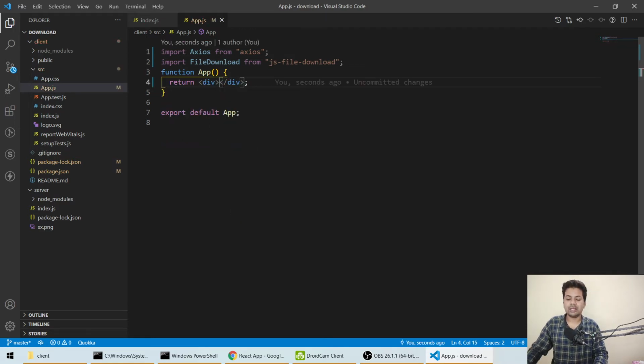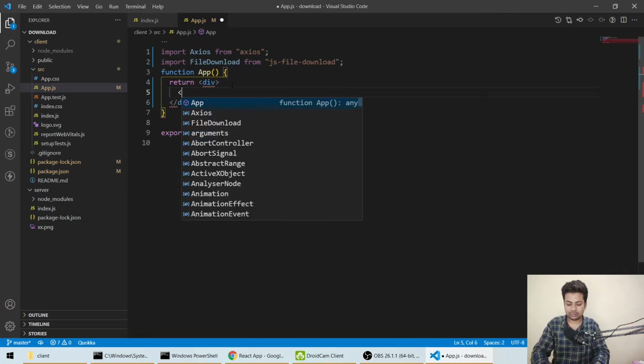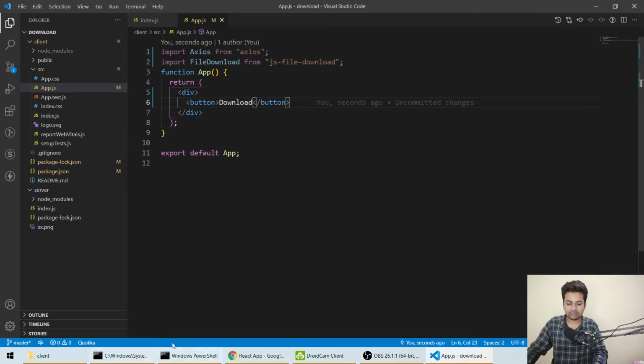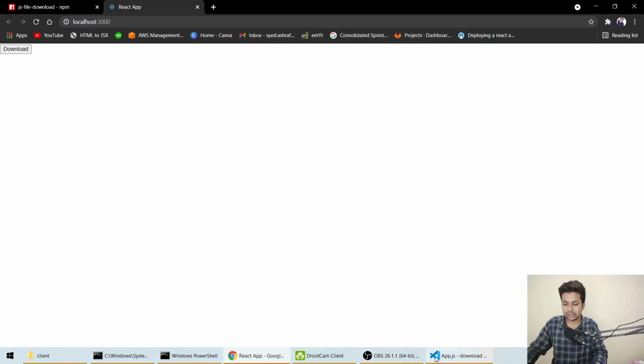Now here we'll make a button for the downloading. Firstly we'll say button, and it will say download. Okay, let me see everything works fine on the client side. Okay, we have got a download button.